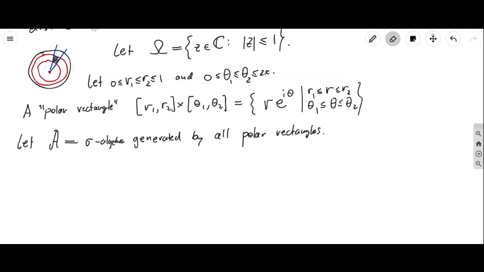Then you want events that are easy to compute the probability of. So those are going to be polar rectangles. And then the sigma algebra is just the sigma algebra generated by all of those polar rectangles. And if you can use countably many of them, then you can form a regular Cartesian rectangle. So if you have a regular Cartesian rectangle,